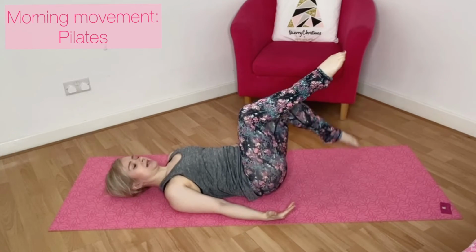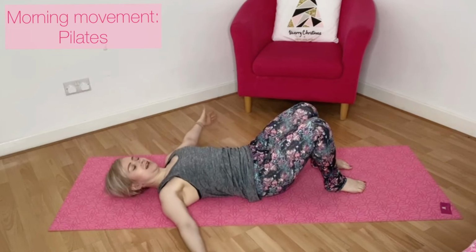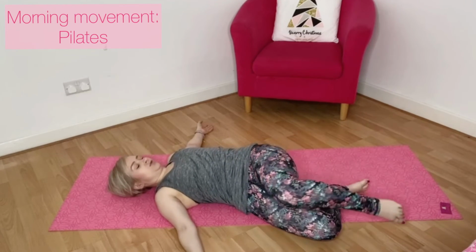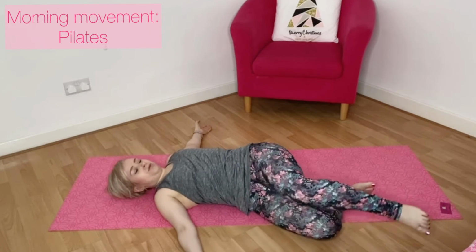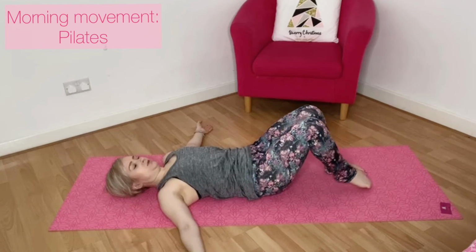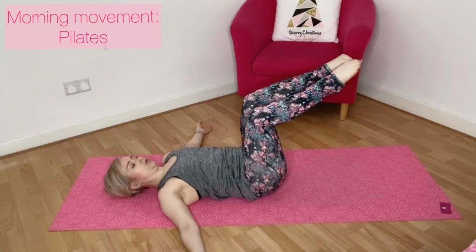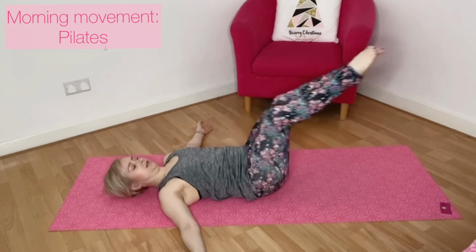Bring yourself back down. Let's add it into our sequence. Take those arms a little bit wider. Take those knees over to one side. Scoop the tummy muscles. Engage through the core, bringing the leg round. Stretching through, come through center. Scoop through the tummy muscles. You're doing single legs. You're just going to extend the leg in that position and then switch sides. You're doing double. You're going to do 4 extensions,